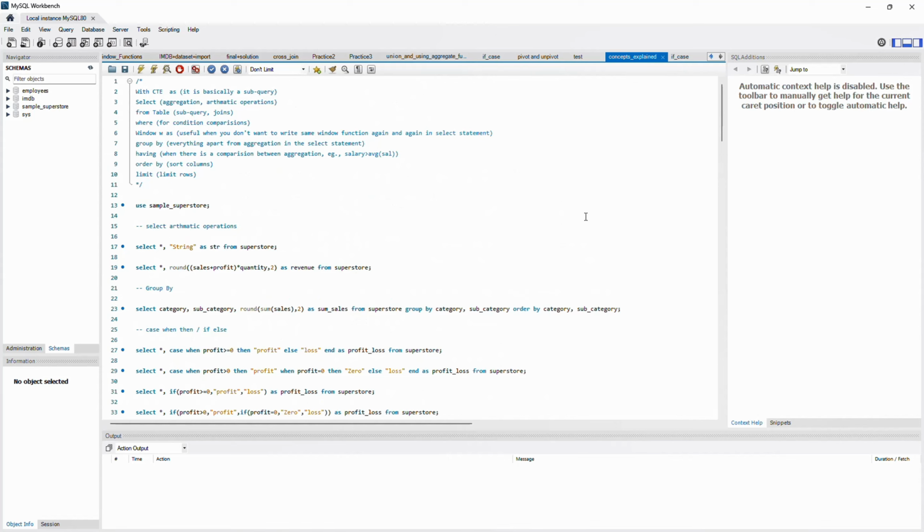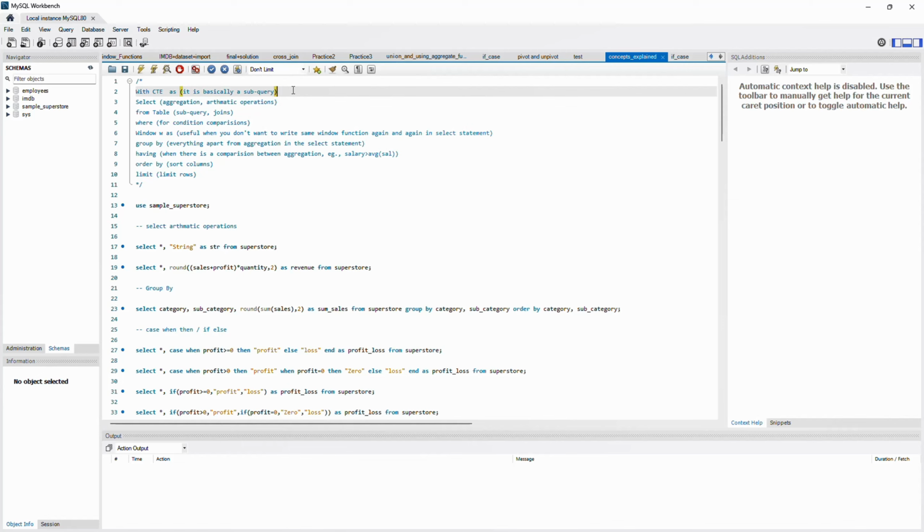So let's just begin. Initially, as you can see, I have done the multi-line comment, and it starts with a forward slash and then an asterisk, and wherever you want to end it, you end it with an asterisk and the forward slash again. So it is opposite. You start with the forward slash and asterisk, and it ends with the asterisk and forward slash. Now CTE comes first, then select, then from table, where, window, group by, having, order by